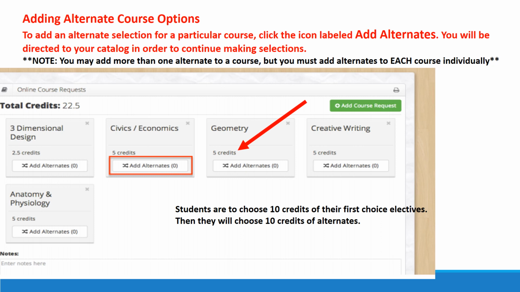Simply click on the Add Alternates button, and then it will take you to the course catalog again so that you could then pick the class you would want in its place. For example, the arrow is pointing to the Add Alternates on the economics square. When you choose Add Alternates and go to the catalog, pick the elective that you would want if you can't